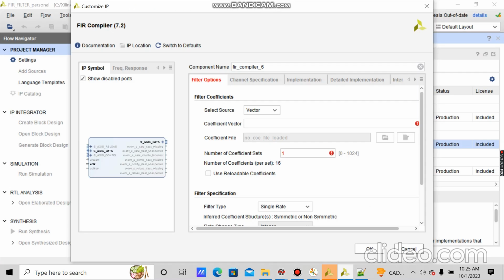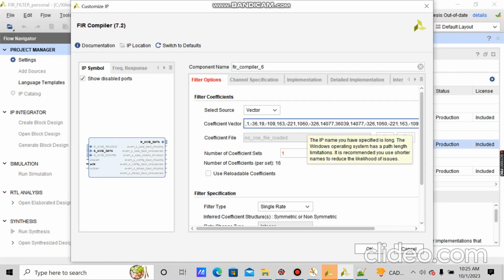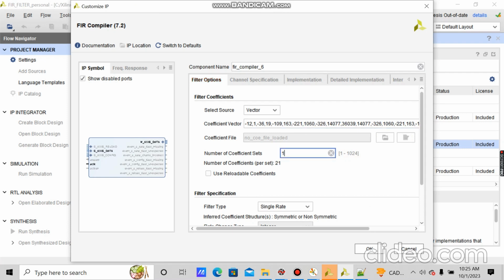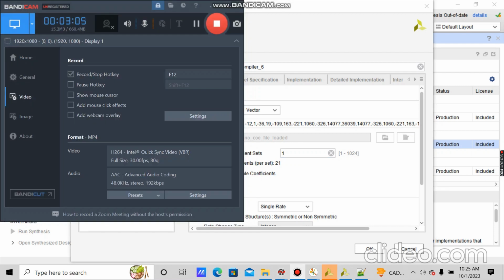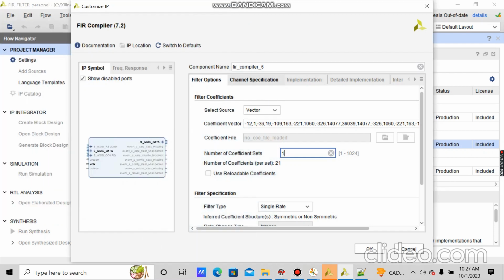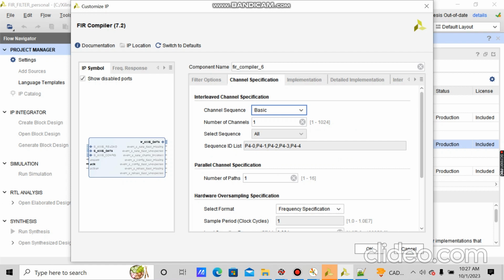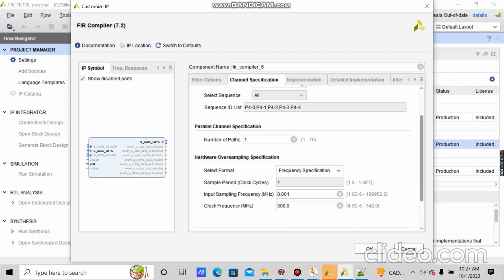So when we go in Vivado again, we'll just copy and paste here with comma separation. And now we have to give the number of coefficients, which is 21. Sorry, 1. Number of coefficient sets is 1 only, and number of coefficients is 21. Then we go for channel specification, which we'll choose as basic, and we'll select the frequency specification. Input sampling frequency, which will be around 1024, so I'm using 0.001. Clock frequency is